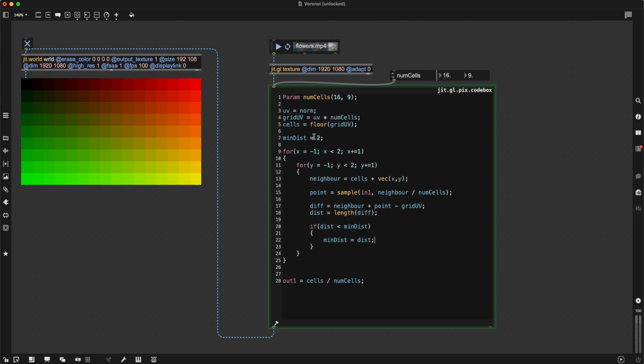So what this essentially does is it goes over all the neighbors. It checks, okay, is the current distance smaller than the minimum distance we computed? And by doing this iteratively, we get the smallest distance. Because if it's smaller, we're always resetting it here. Okay. And then